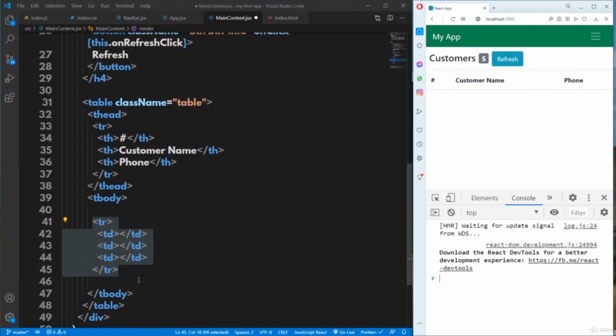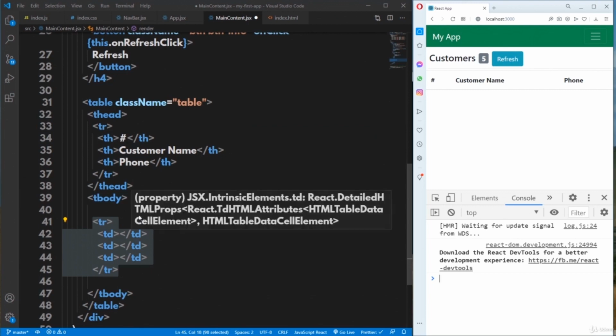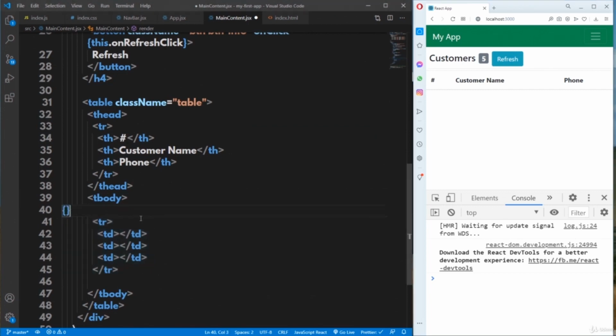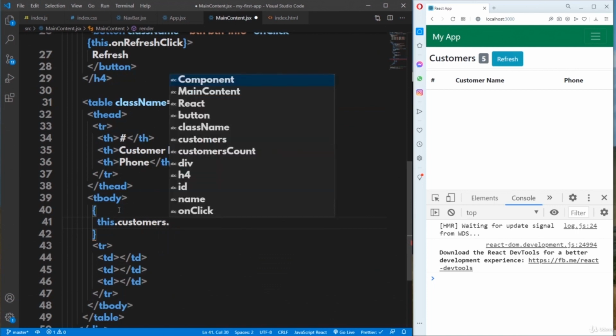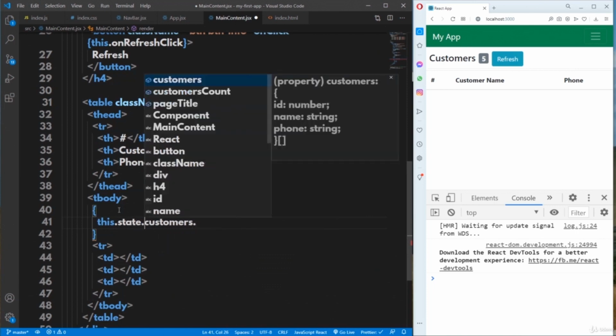The map method of JavaScript array receives an array function and executes that array function for each element inside the array. So in order to call it, let's take up an expression and write this.state.customers.map,